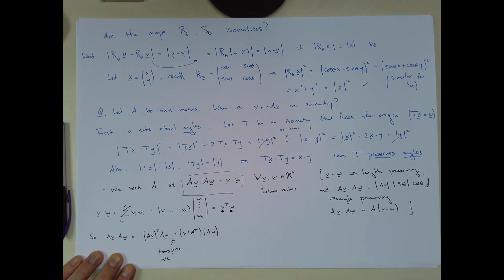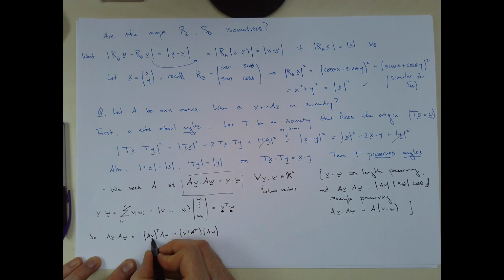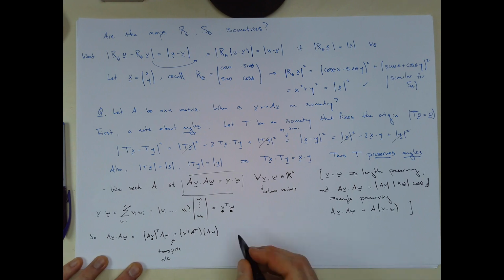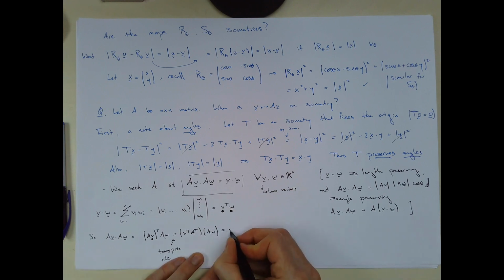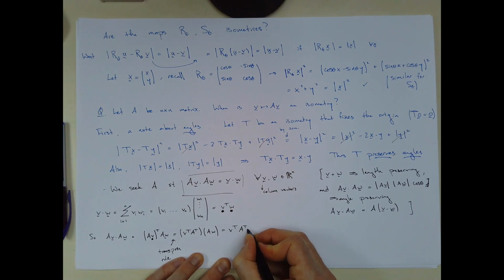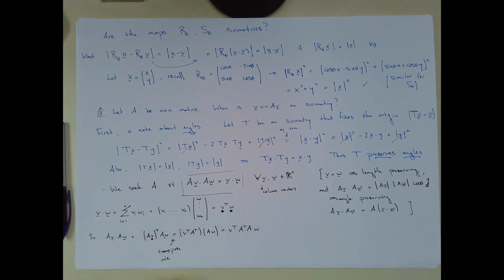In the typed notes you'll see a slight difference, boldface versus not boldface. So V transpose A transpose AW, and we can switch the order of these operations and get rid of the parentheses,